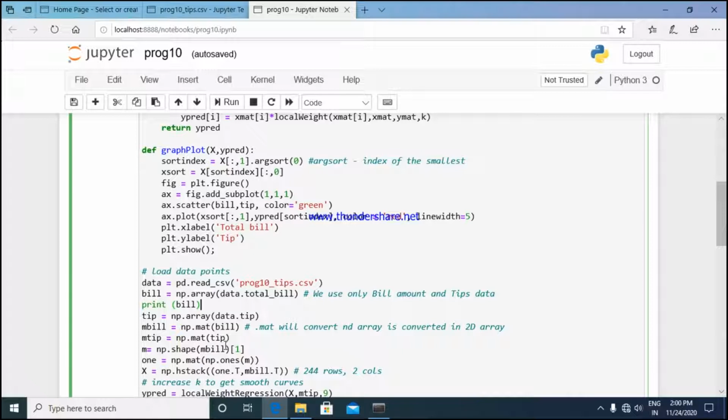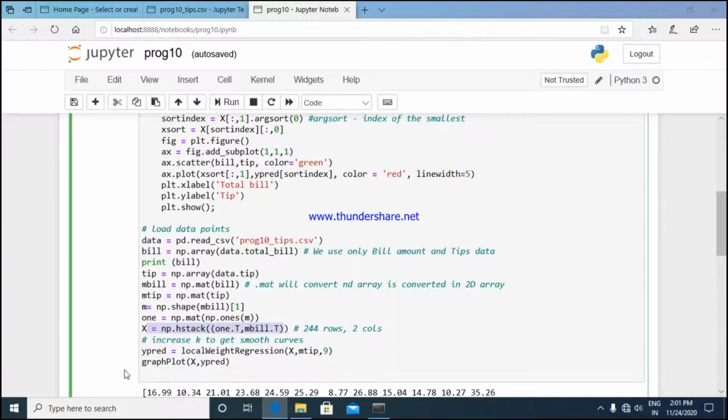Once we are done with that, we make sure that each and every value is numerical, by taking the shape of mbill. Then we store each and every data point in a stack, in a tabular form with 244 rows and 2 columns.